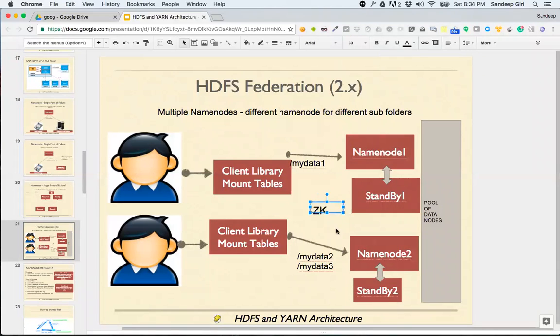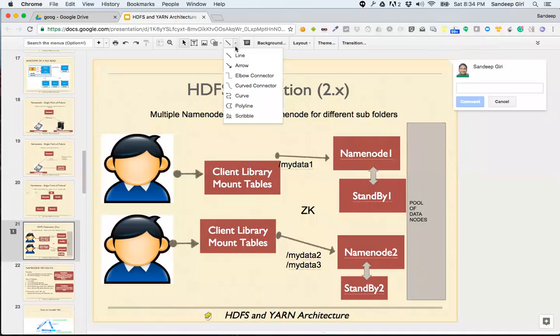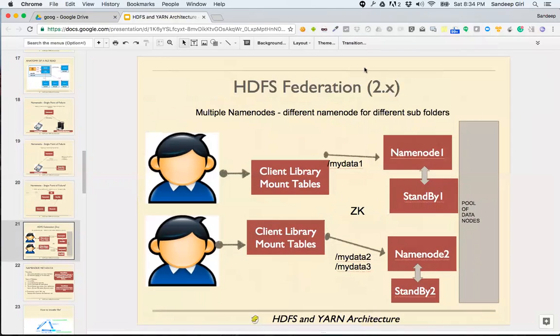Good. So it's like central to the whole process. Just give me a minute. I'll try to cancel this. And then, okay, so you can see here, all right? So it's like central to it. And the arrow has to be from all the nodes to Zookeeper, because Zookeeper does not call anybody.